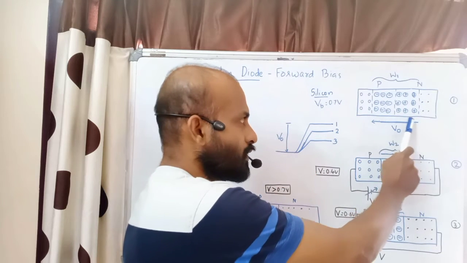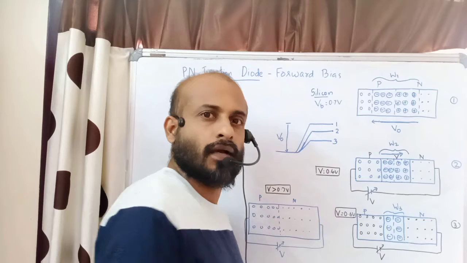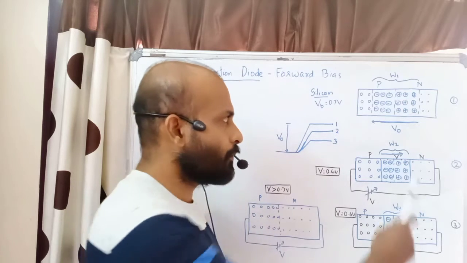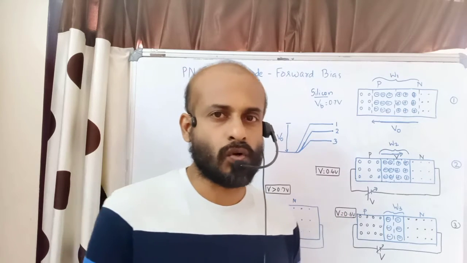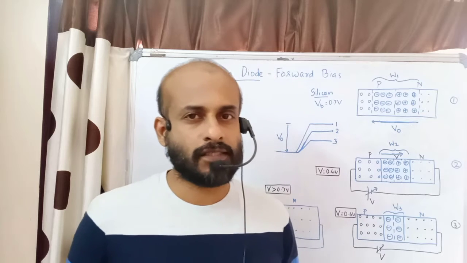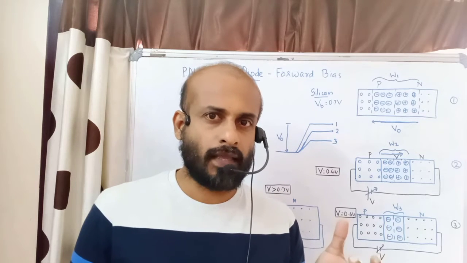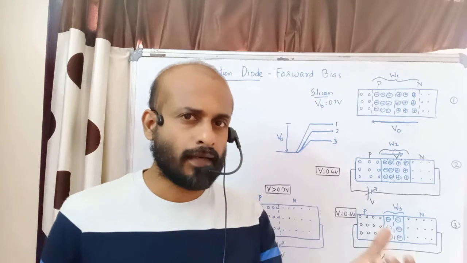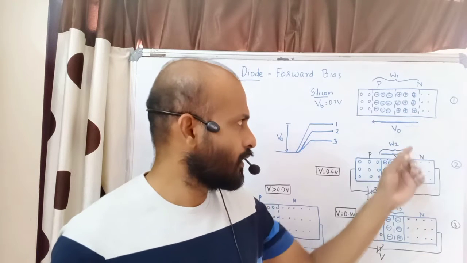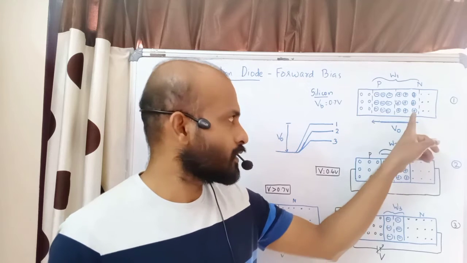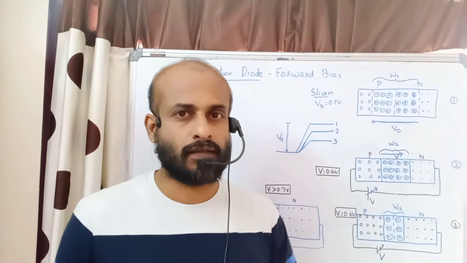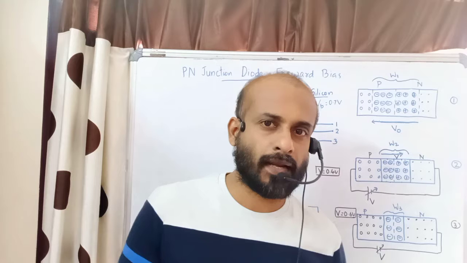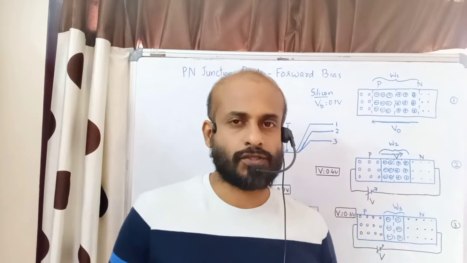And there is a region on this side. This region is called a depletion region. The depletion region does not contain electrons or holes, so it is depleted of free charge carriers. That's why the name is given, depletion region. And the depletion region has a barrier potential, and this is the direction of the barrier potential, from positive side to negative side. So inside a diode there is a barrier potential across a junction.